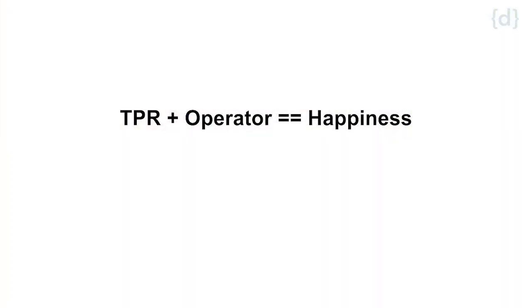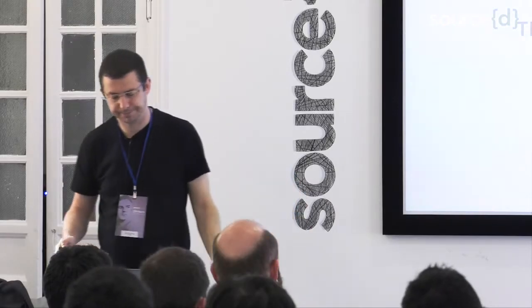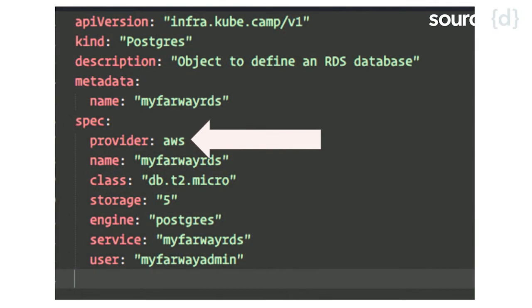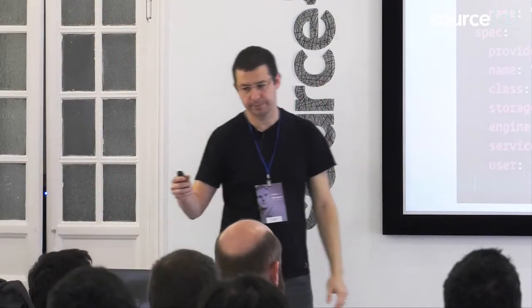If you can have this pattern, suddenly you can delegate to a piece of code that does something, and you don't have to do it anymore, which is good. So one of the first operators that I created in Soho House was the Postgres operator. And the Postgres operator is very good.